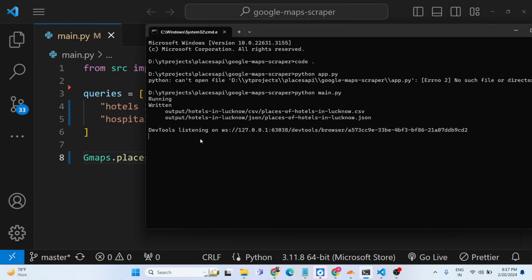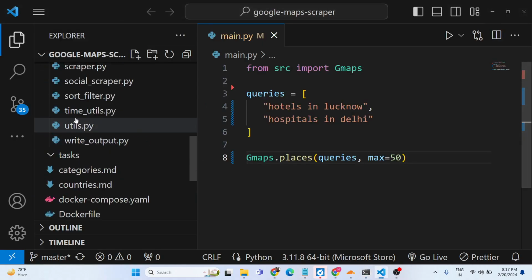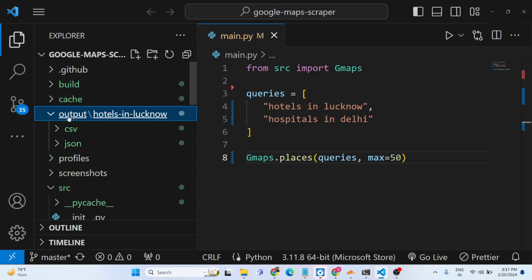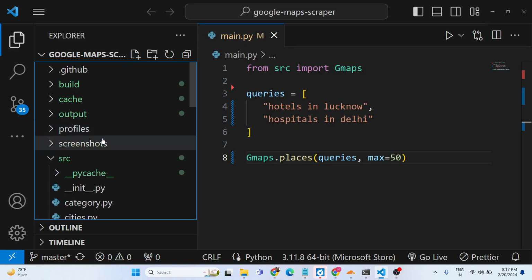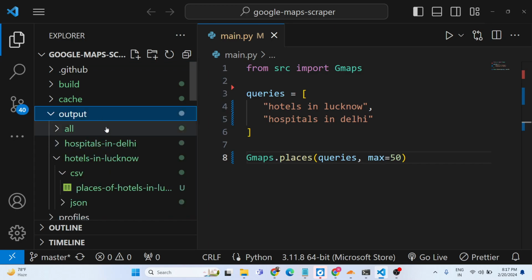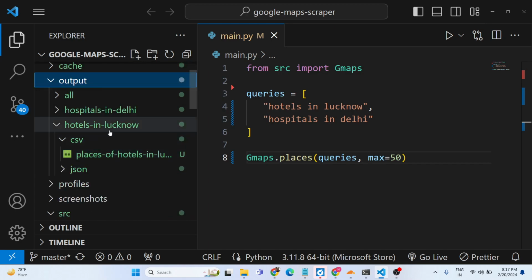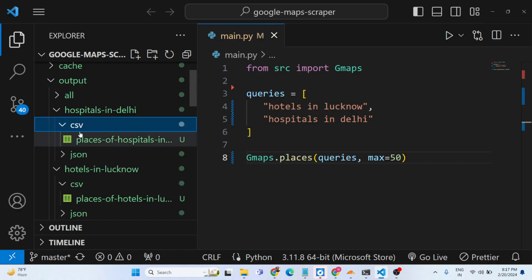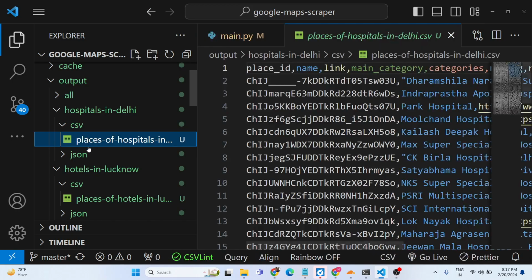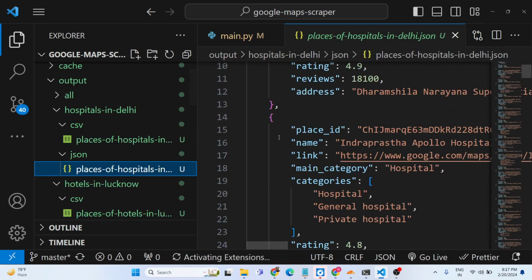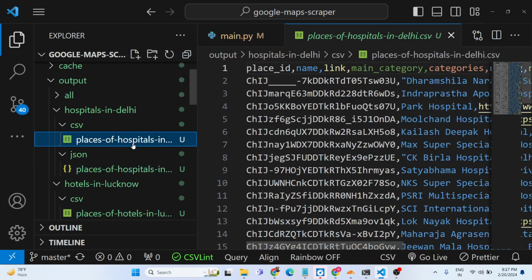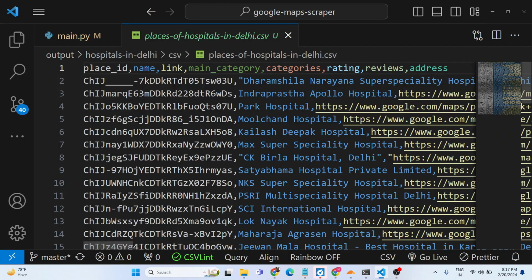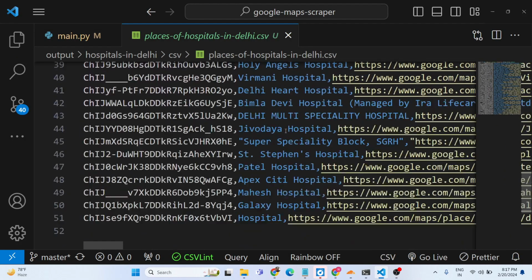So it is just doing the processing in the background using Selenium, and you will get this in the output folder. You will see hotels in Lucknow, and two folders have been created: first is hotels in Lucknow and the second is hospitals in Delhi. You will see for each one we have a CSV, and we also get a JSON file as well. So you can use this script, guys, with any backend API if you are developing an